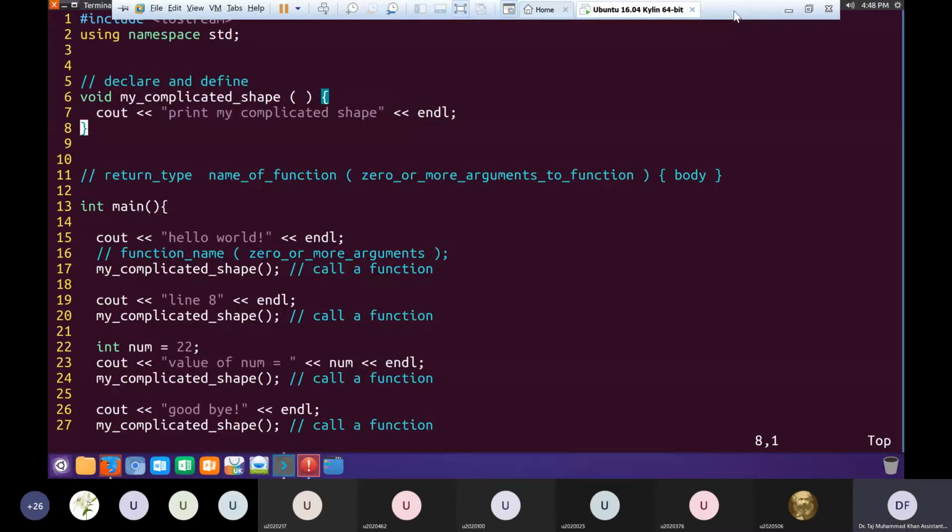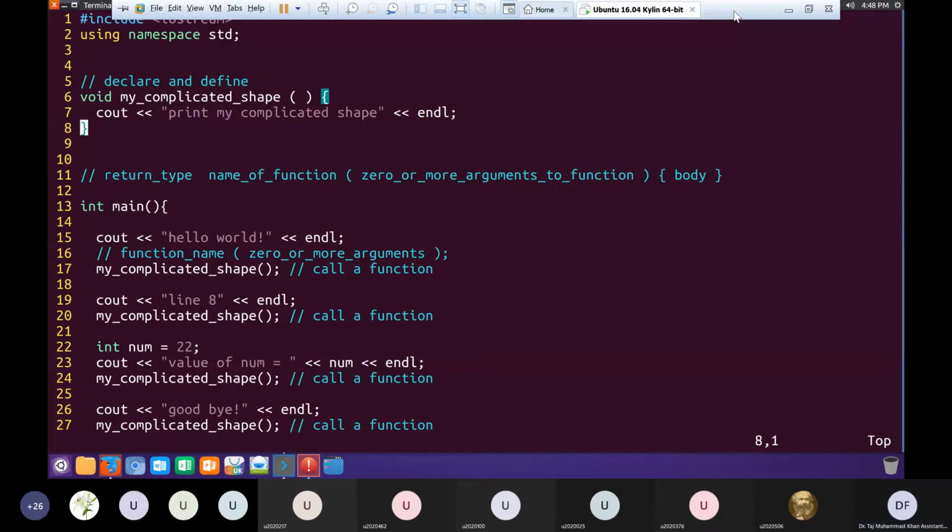Yeah, pause. You have been asking this question since yesterday: will we declare the function before main or after? I will come to that in due time, but please kindly answer my questions. Right now, concentrate on what I am teaching. We'll study these functions for the next 6-7 classes, so all your questions will get answered, but we'll do it step by step. So please answer the question that I have just asked.